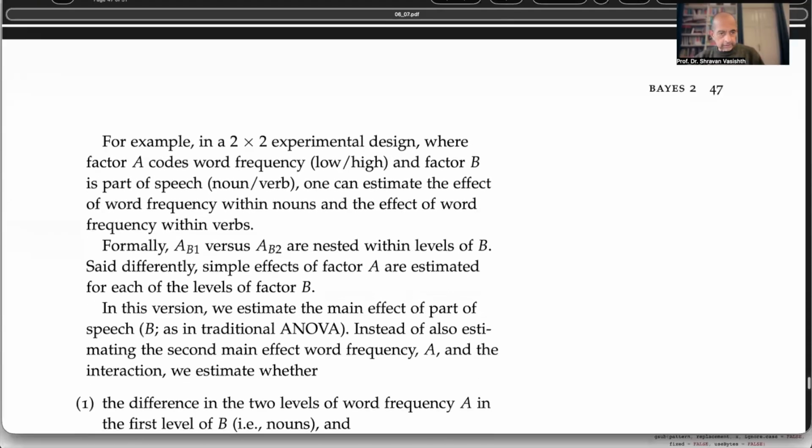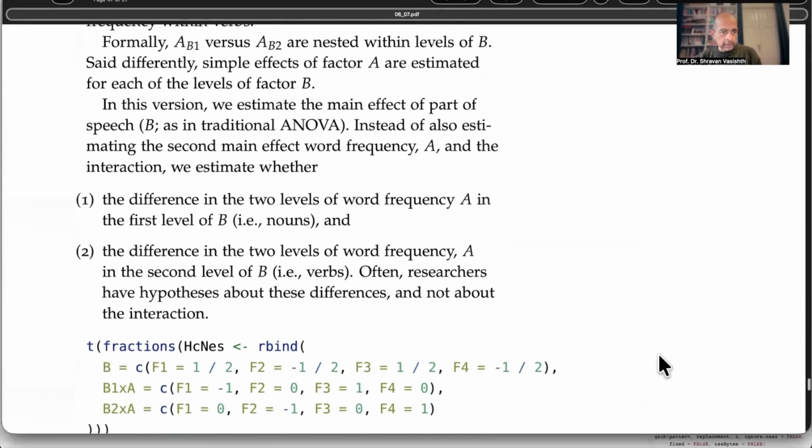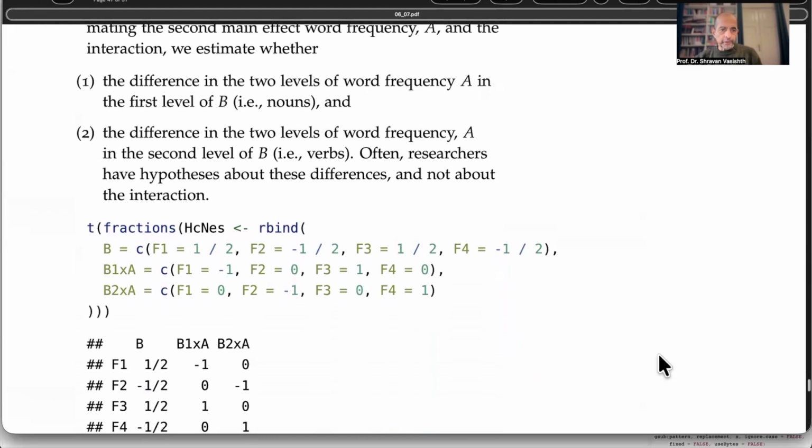Right, so this is the section for the nested contrast. And so what we're going to do is we're going to set up the two nested contrasts under the level B1. What are the two A levels? Are they different from each other? And under level B2, are the two factor levels of A different from each other? Now, because you have 4 conditions, you still have to have one more comparison. And that comparison is going to be